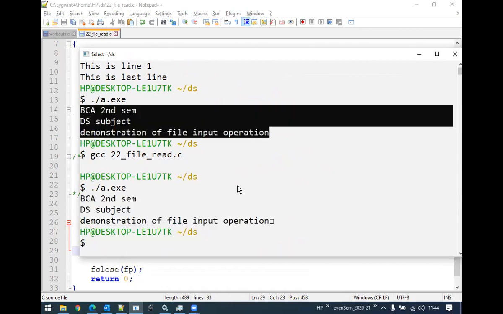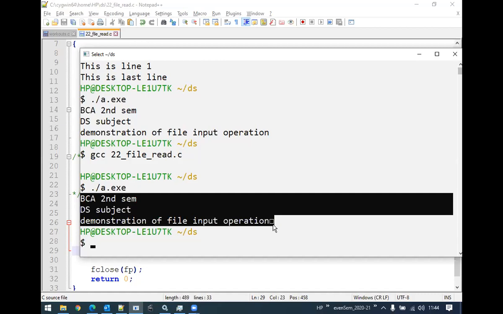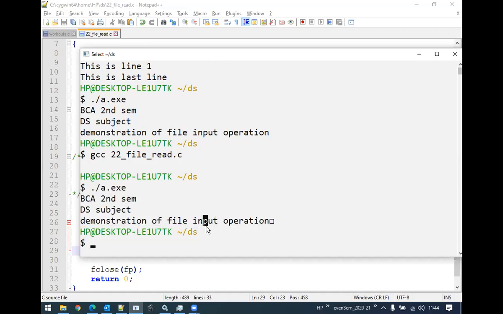Do you find any differences between these two? This top one is using the while, and the bottom one is using the do while loop. Can anyone see a difference here in the output?